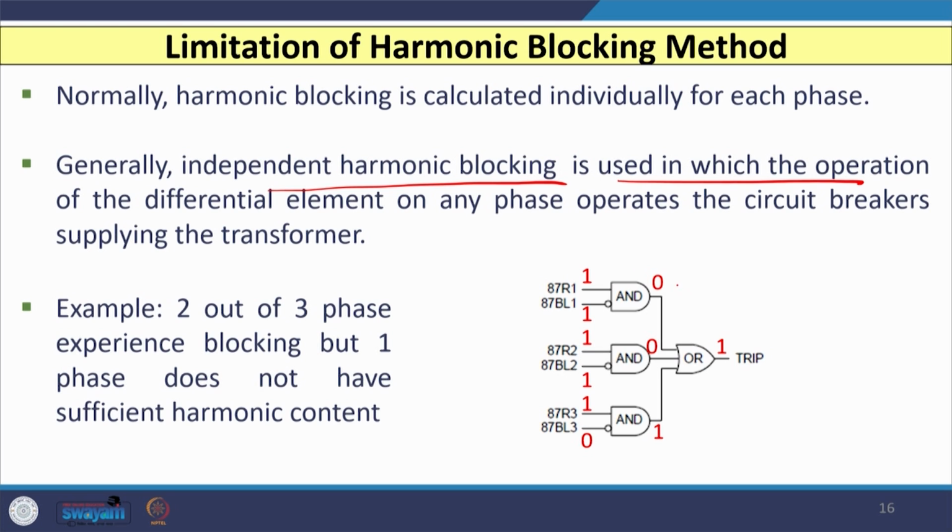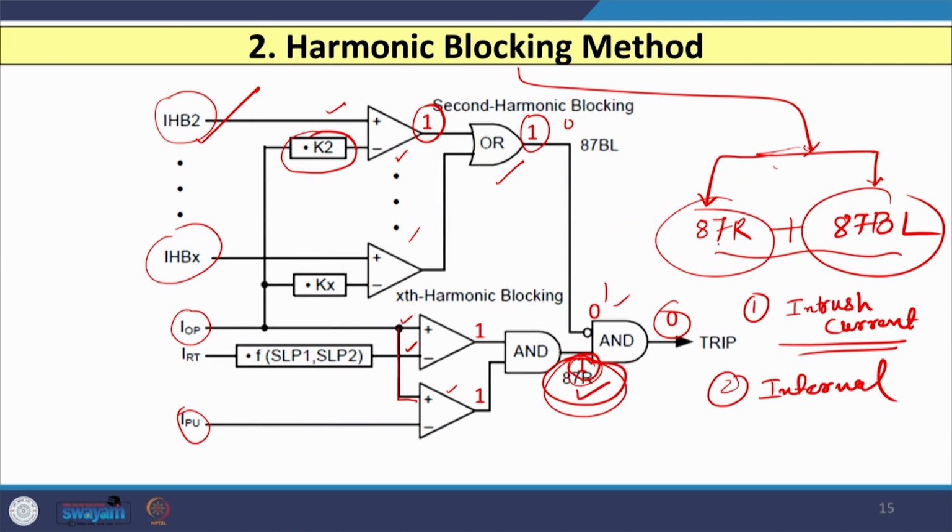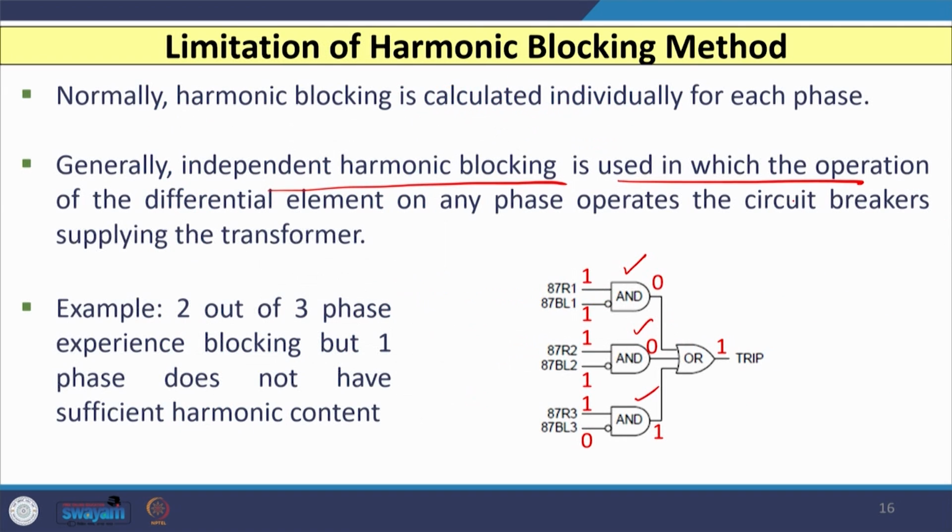So, here you can see that I have shown the 3 different logics, same as I have explained. We have 2 values, one is 87R and another is 87BL. That I have shown for each AND gate phase wise. So, if I consider one example, let us say it may be possible that in the actual field when inrush current